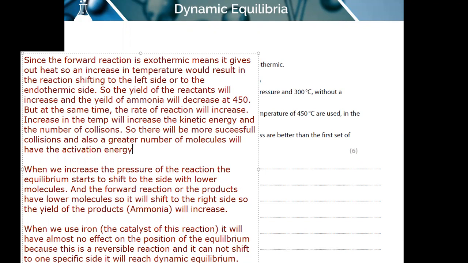Exactly. That is the answer for why the rate of reaction increases with temperature. Yes, exactly. So you are going to say that even though